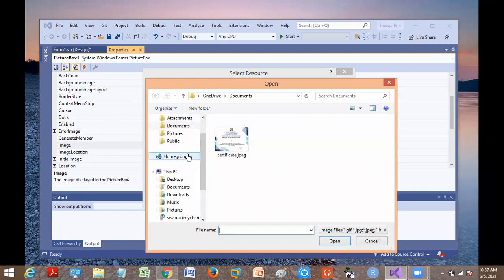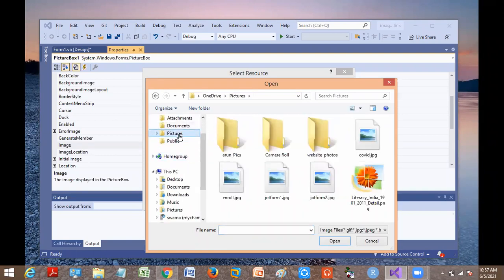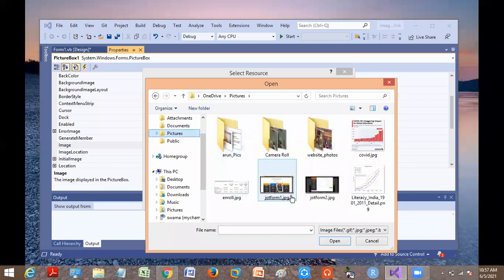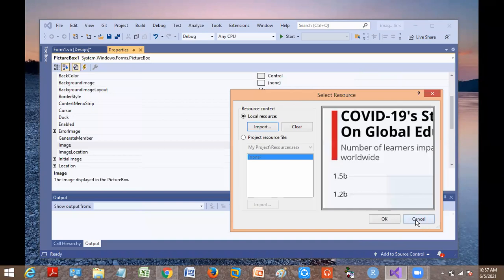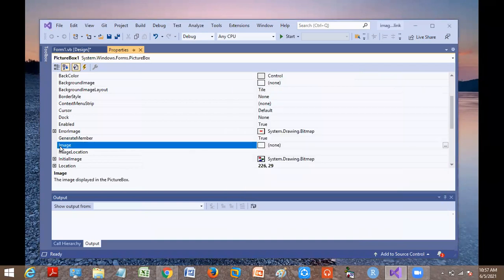Yes, ma'am. Both work. You can directly give an image, or you can give it from a source. Let me take any one of the images. Let me take this one. So this is the image. I can insert an image by going to... let me just cancel it and do it again.